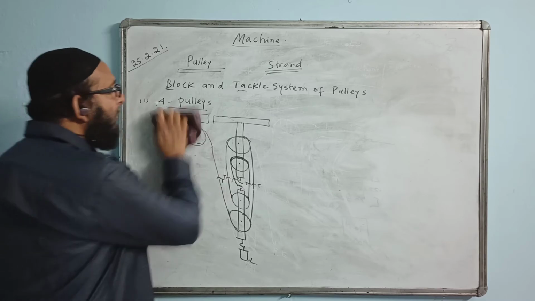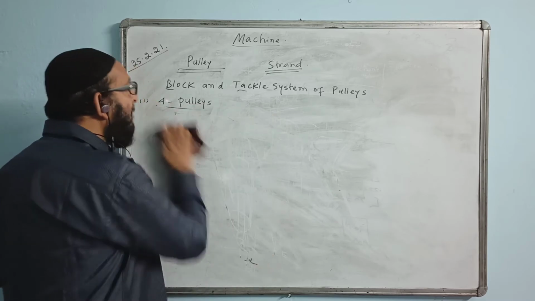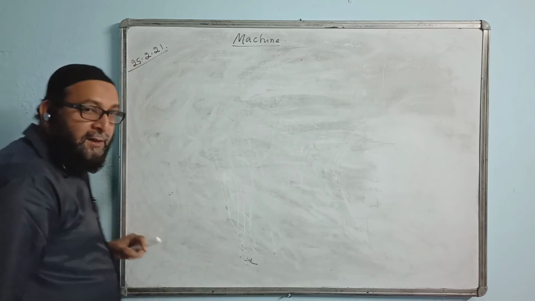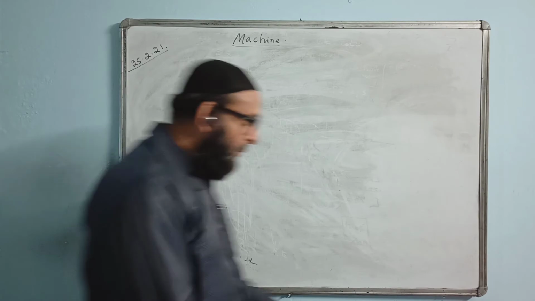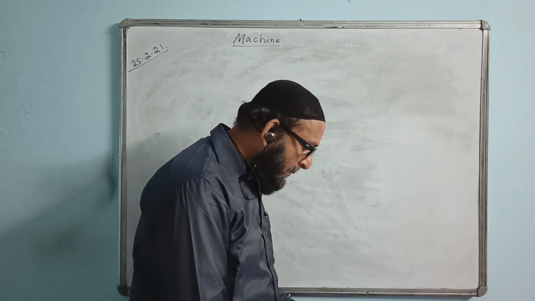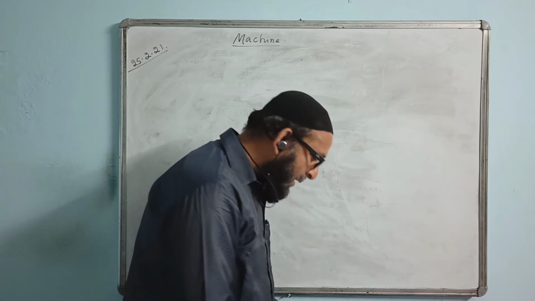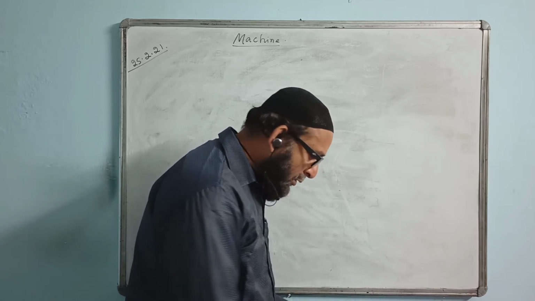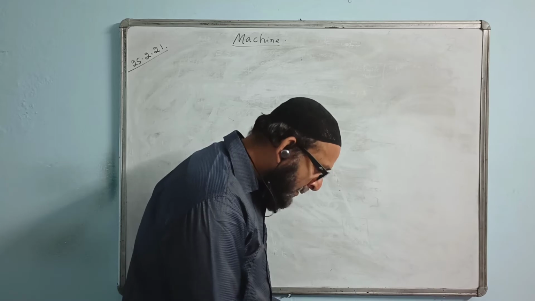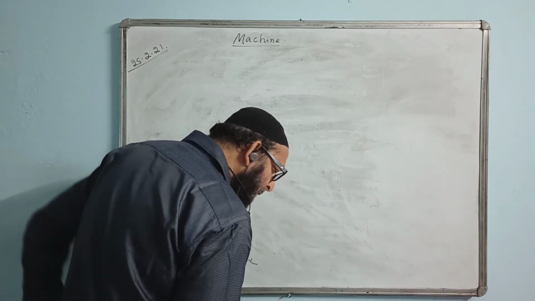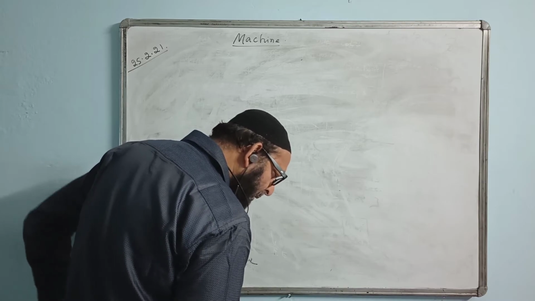So this was the theory part of this chapter. Okay, this chapter's theory is over. Now only numericals are there. I think we did some numericals. You must have seen the copy. And the numericals are quite easy in this chapter. Lever is not in your syllabus, so a lever question also will not come. We are doing some problems here.